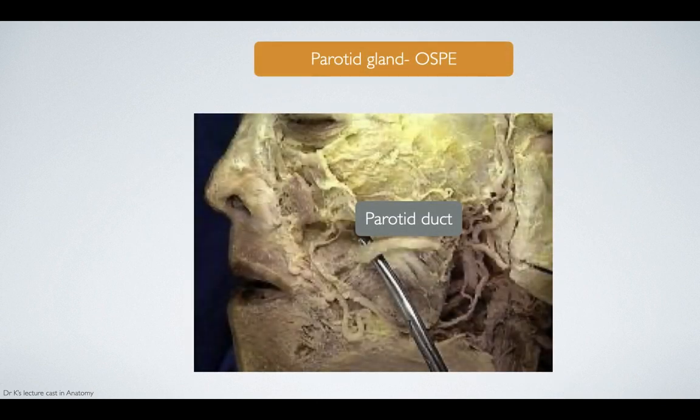Coming to the OSPE, what can be asked? The parotid duct can be ligated. Two main questions to be asked here: identify the ligated structure, and the first sub-question will be where does it open. It opens into the crown opposite to the crown of the second maxillary molar, or second upper molar. And what are all the structures it pierces? The buccal pad of fat, buccopharyngeal fascia, buccinator, and buccal mucosa or the cheek mucosa.